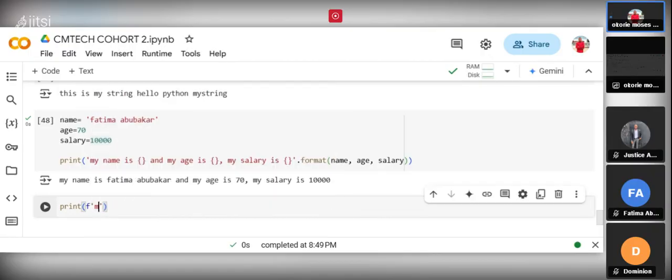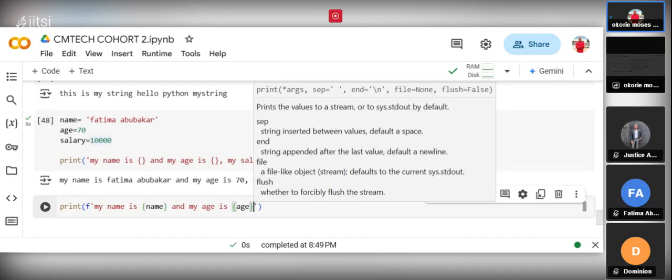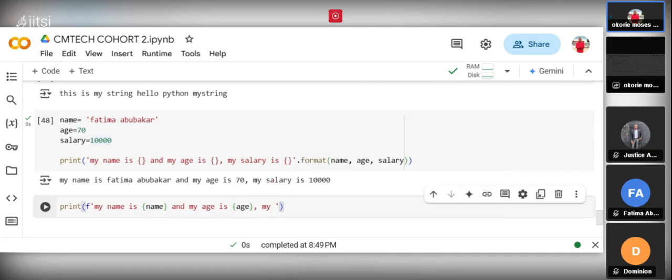Okay, my name is, let's say my name is name, and my age is, let's say, age, and comma and my salary is